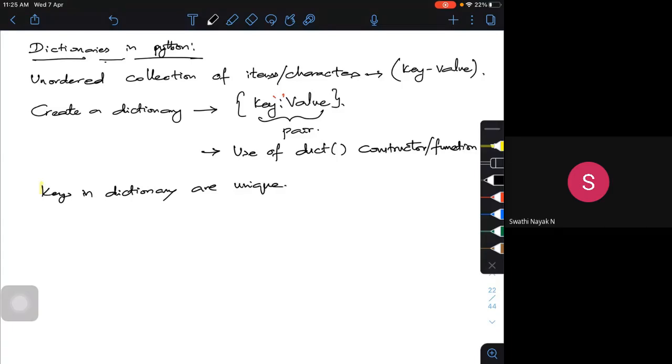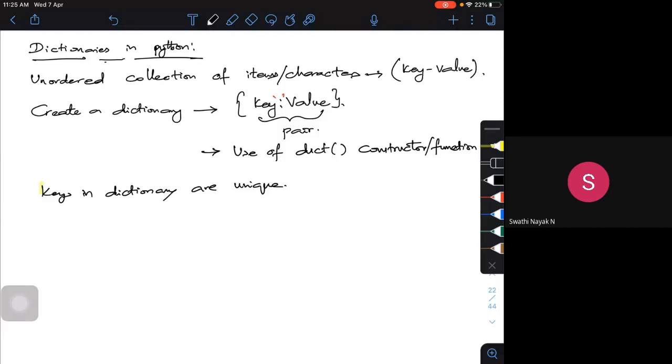And one more thing is that dictionaries are mutable. After I create it, I should be able to see which is mutable and which is immutable. We can modify, add or remove a key value pair after creation. That means it's a mutable one. That's the meaning of it.